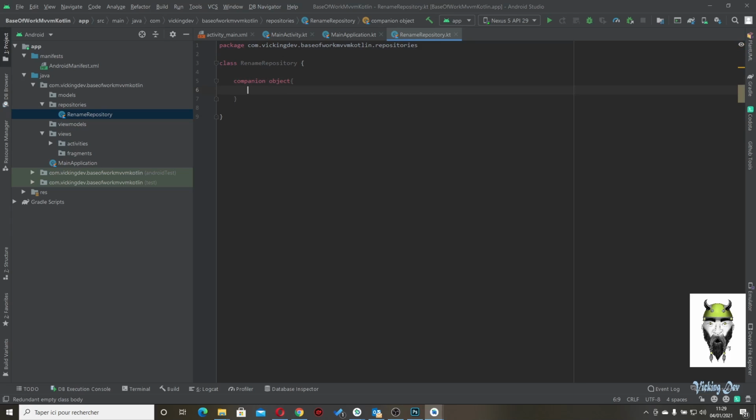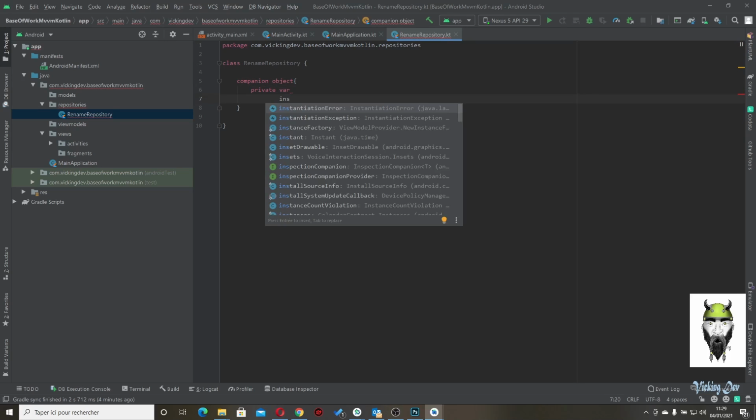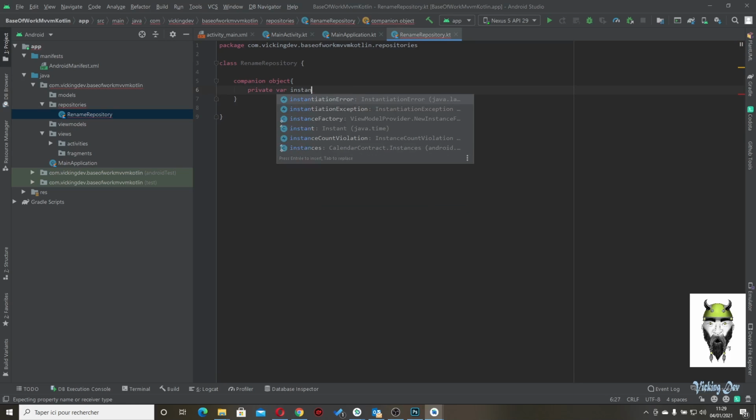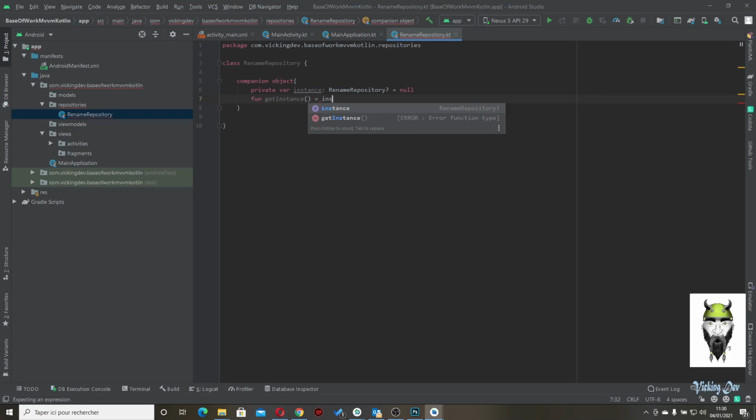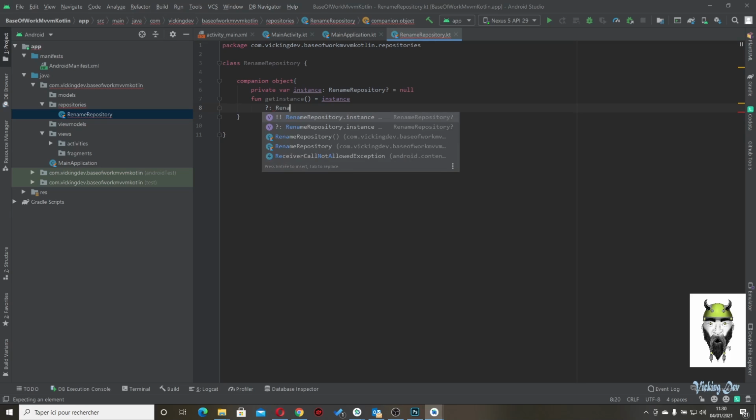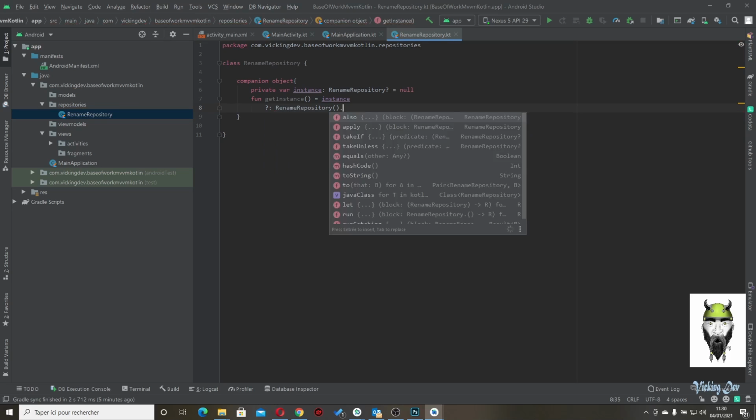Companion object, private var instance, excuse me, instance, rename repository, equal null, and get instance equal instance. That's null rename repository dot also